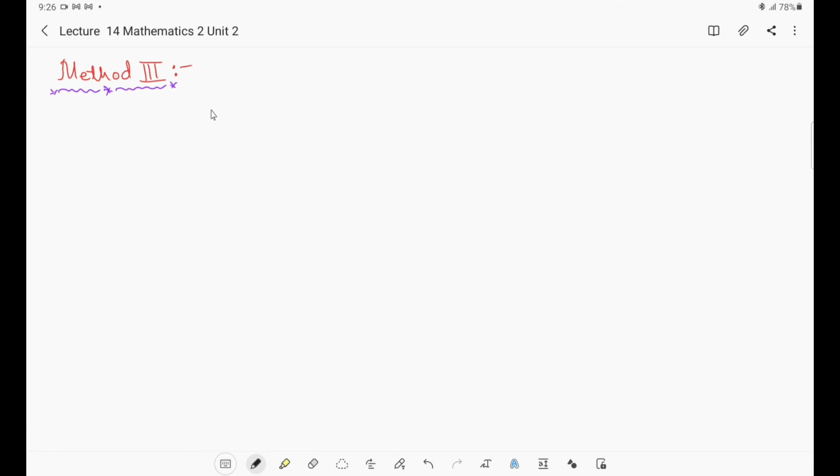Now we are going to see the third method, in which the given equation M dx plus N dy equal to 0 is non-exact. Non-exact means if we find ∂M/∂y and ∂N/∂x, they will not be equal, then the equation is said to be non-exact, right? Suppose the given equation is of this form and it is non-exact, and also it is of the form,